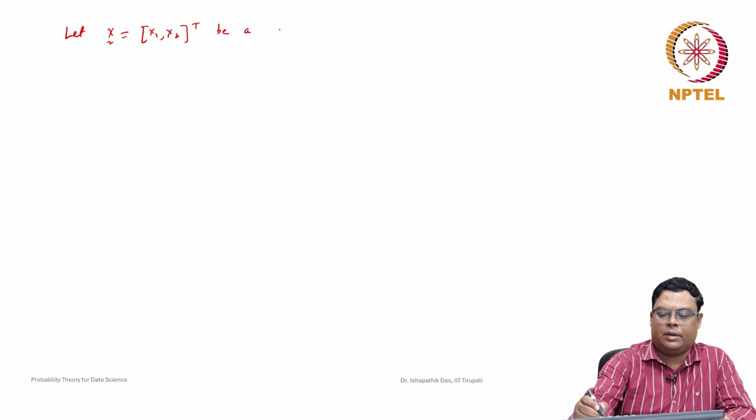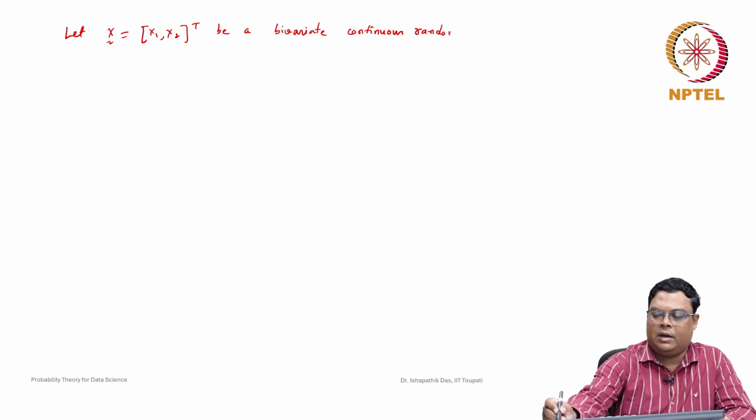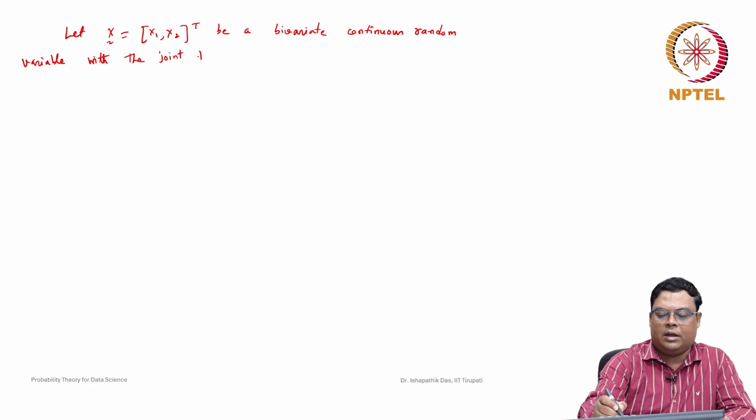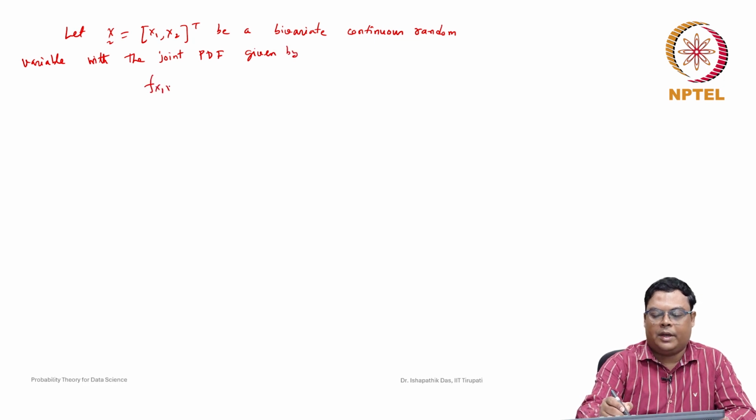Let (X1, X2) be a bivariate continuous random variable with the joint probability density function given by f(x1, x2)